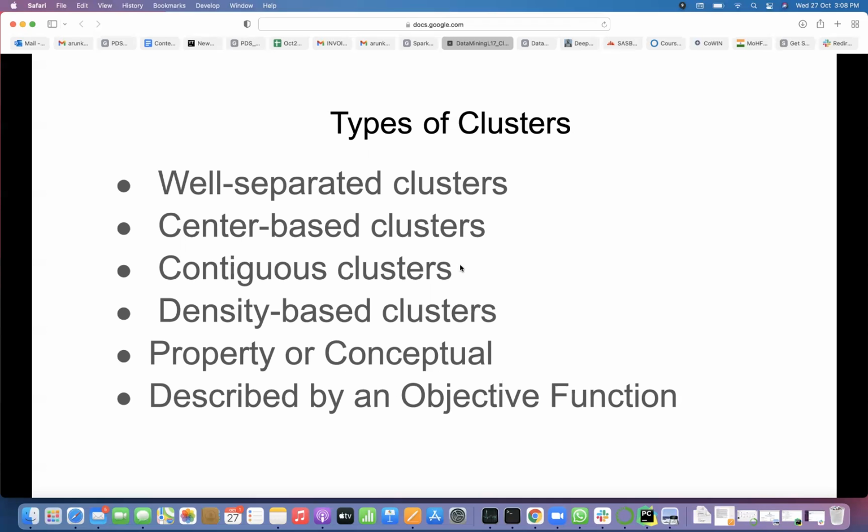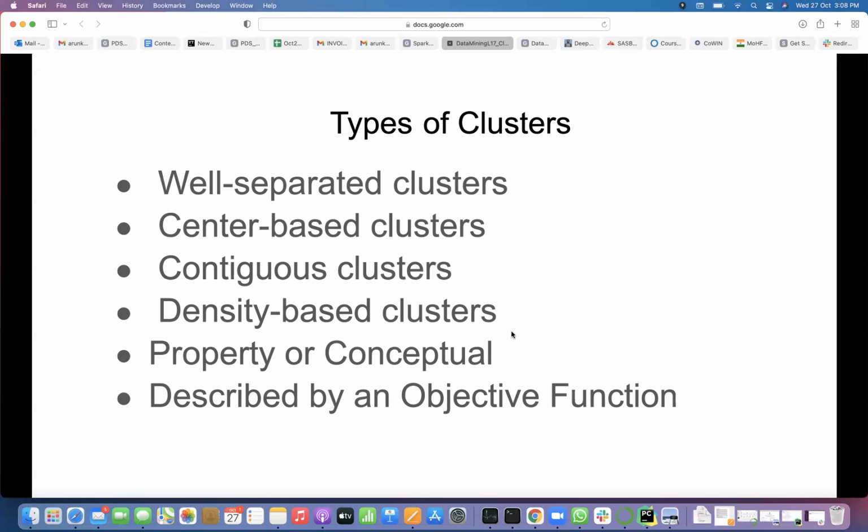Contiguous clusters, we will see examples for this. We are not looking at centers or anything like that. If a new point is close to one of the cluster points, then we will assign it to that cluster. If there are 3 clusters, we will look at all the points of the first cluster, then take the minimum distance from any point in that cluster to the new point. Similarly, we'll compute for the 2 other clusters, and for whichever the minimum is closest, we will assign the new element to that cluster. That is called contiguous clusters. We'll see examples for these.